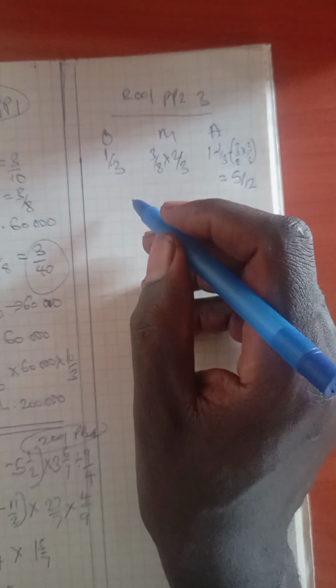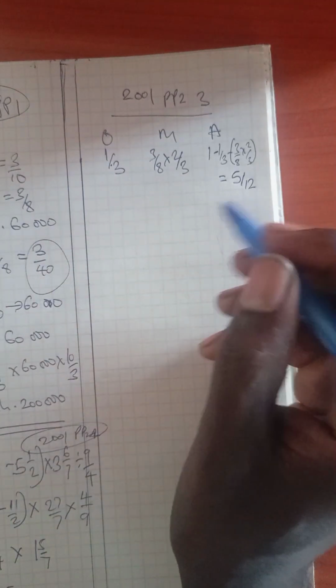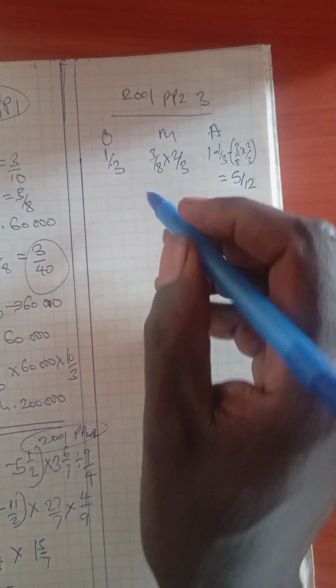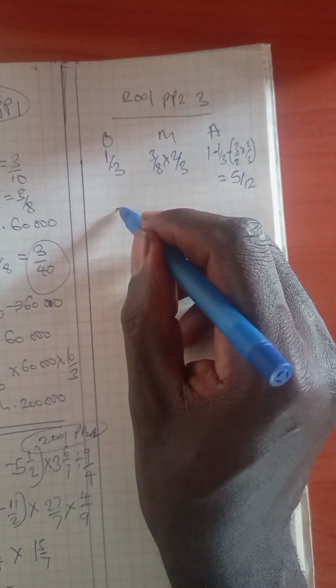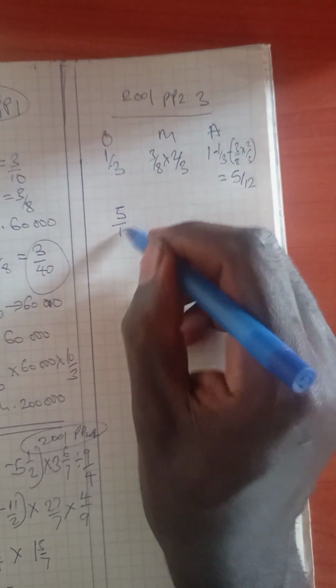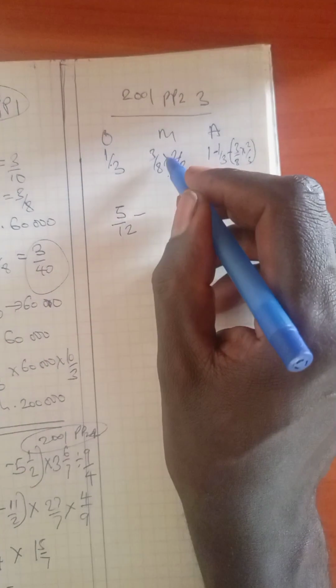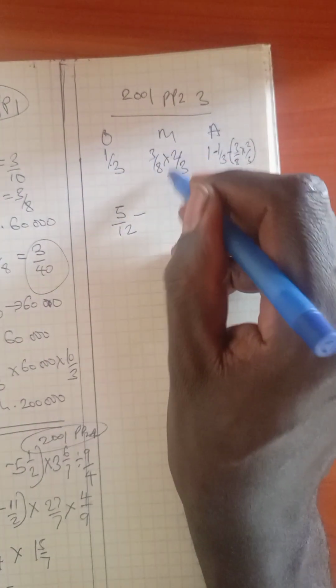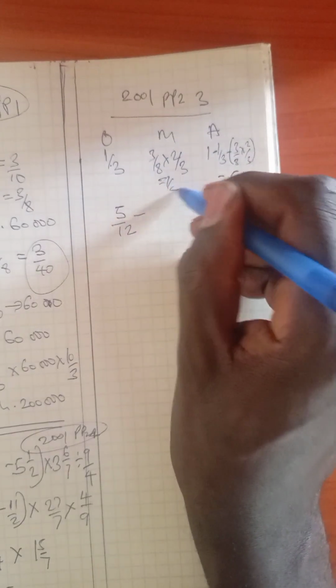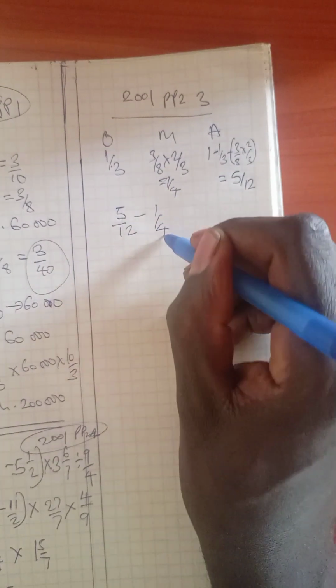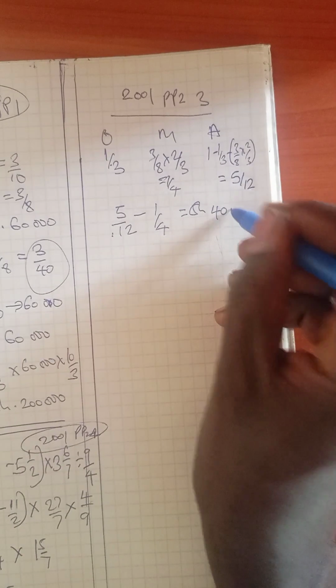Now, we are told that the difference between the contribution of Muliwa and Amina is 40,000. So we take the difference between Muliwa and Amina, which is 5 over 12, Amina minus Muliwa, and this one, if you simplify, you get a quarter. The difference between that should be able to give you 40,000